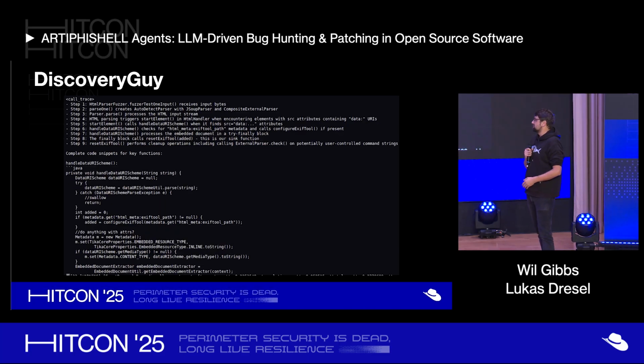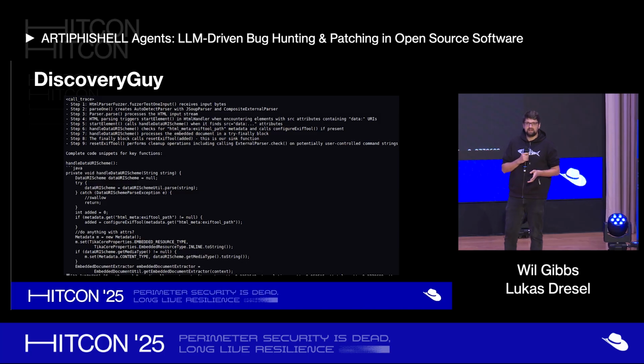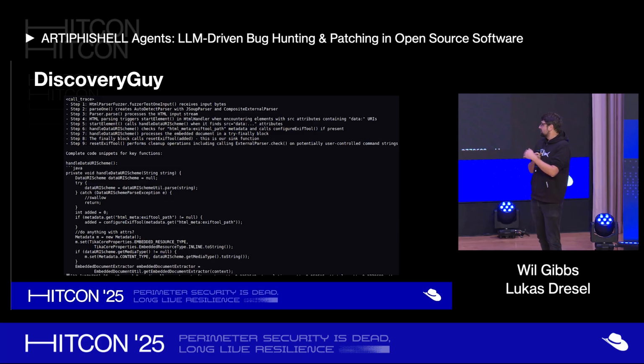If we look at the report, you can see at the top, we have a call trace where it supposes what a potential path to the vulnerability could look like. And secondly, it includes all of the code locations that are part of this vulnerable chain. What it then does next is, do you want to go next?